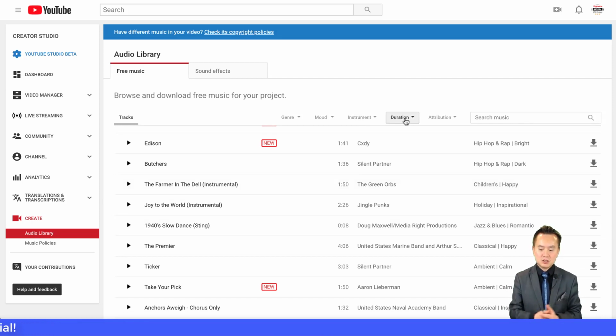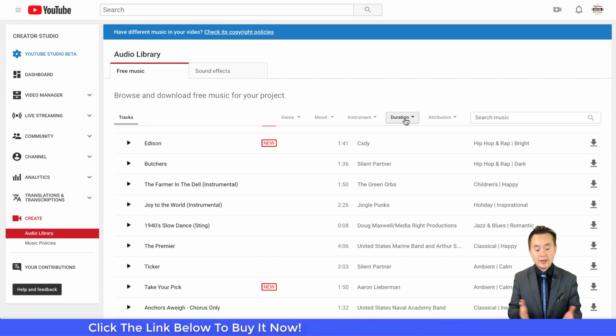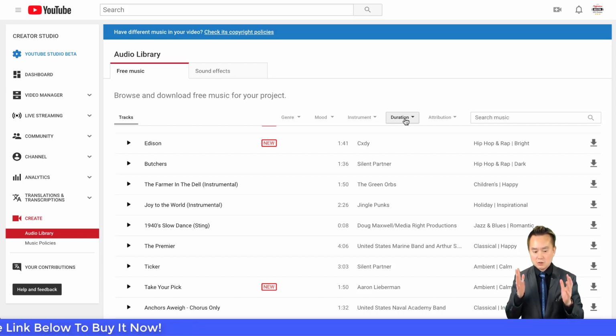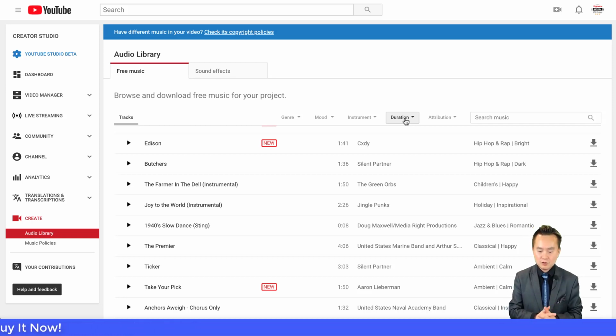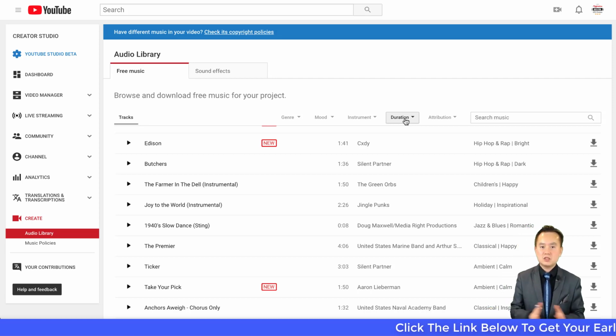their filter system is not really that good, and for some of the stuff you still have to give citations to the musicians who created it, all that stuff. So if you're just starting out, before you even check out AudioFlow, go to YouTube, listen to a couple of the songs, and see if that's good enough for your video. If it is actually pretty good for your video, then you can totally skip this product.